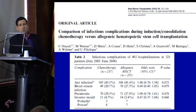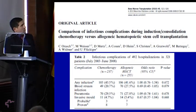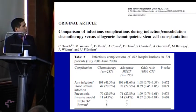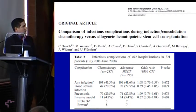This is another way to quantify the events. A very nice paper published 2 years ago in Bone Marrow Transplantation, and it reports on the infectious complications in patients who received either chemotherapy for induction of an acute leukemia or allogeneic BMT. And as you can see, you compare chemotherapy and allogeneic BMT, and you can see that bloodstream infections occur in about 27% of the cases, and pneumonia is the other great complication of cancer therapy and BMT, occurring in about 27%